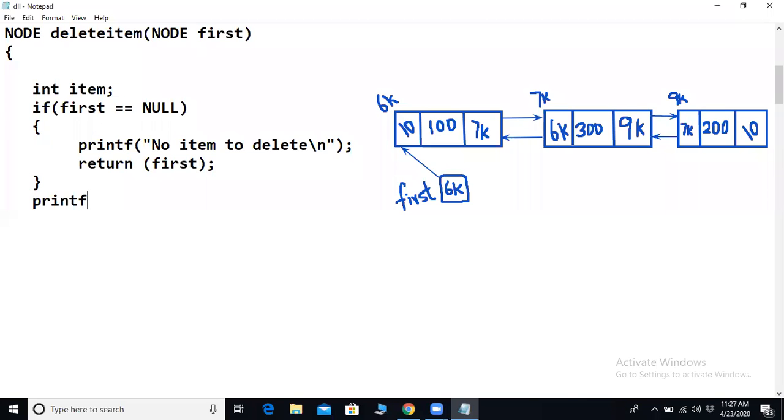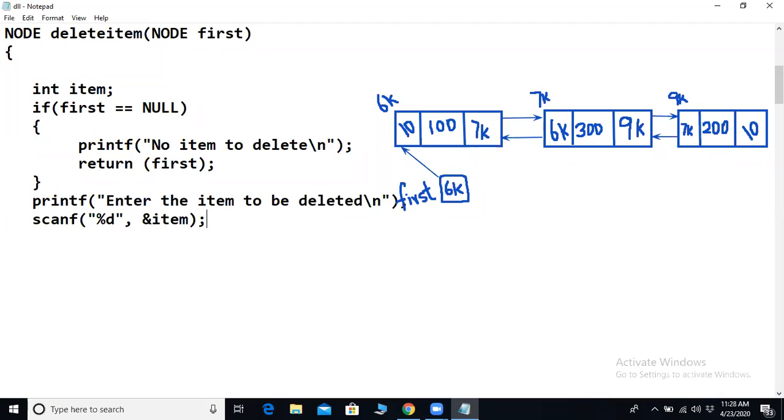So printf "enter the item to be deleted", then scanf with %d, comma, ampersand item. So any doubts up to this point?